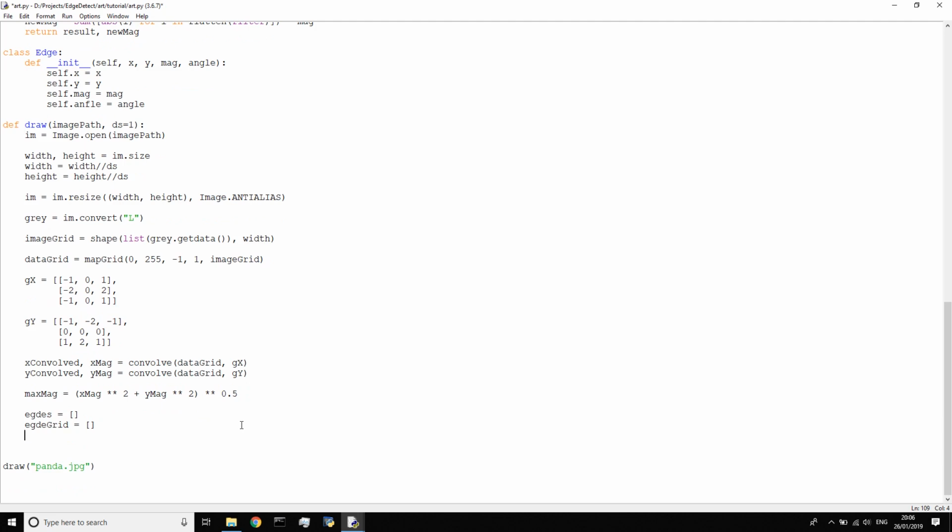So that's what we're going to do. And if you can think of any better ways of doing this without compromising speed, let me know in the comments, and I'll take a look at them. So we're going to go through every row